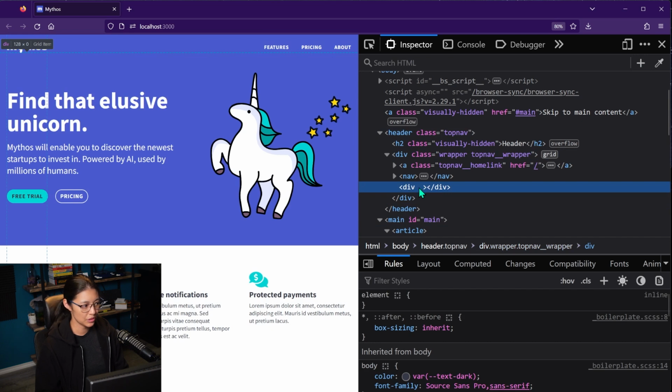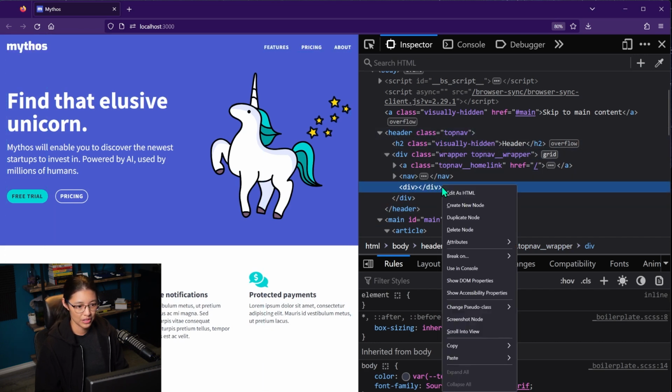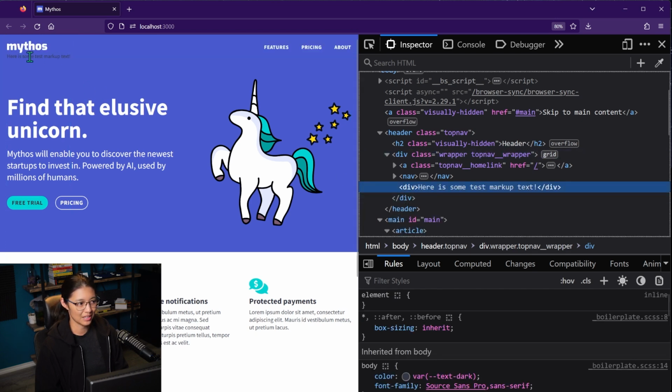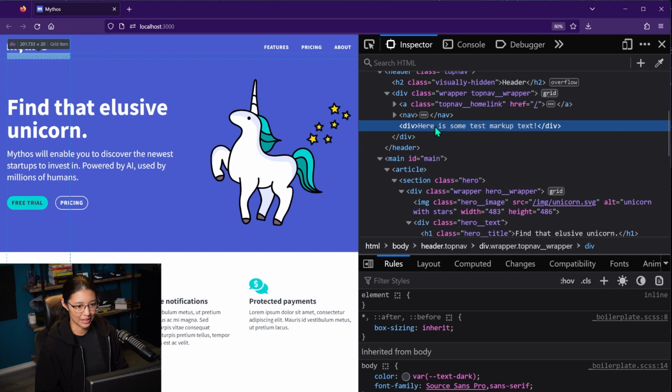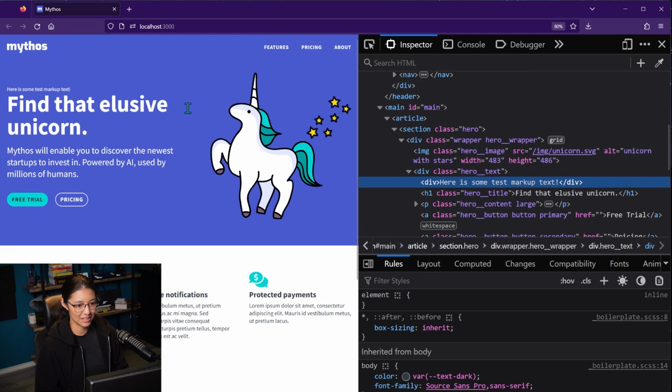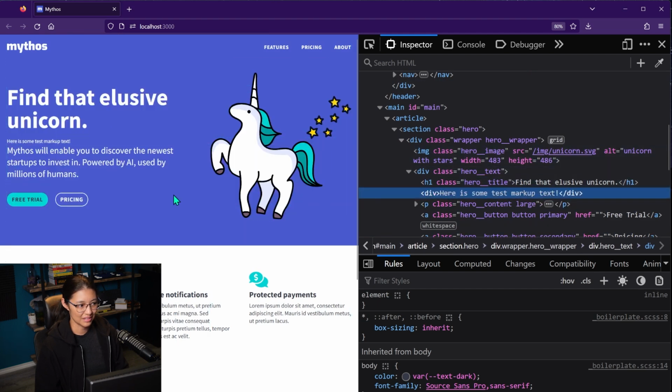Another cool thing you can do is if you right-click any element on the page in the markup, you can select Edit as HTML, and then you can literally just write whatever markup you want. So here is some test markup text. And then to make the changes go through, you just have to click off there. Now you can see that we just added some text here. And it's kind of cool, you can click and drag to move it around. So let's say I want to move it over here. Then you can see that it moved down there. So stuff like that, you can edit the markup, and this can be pretty helpful.